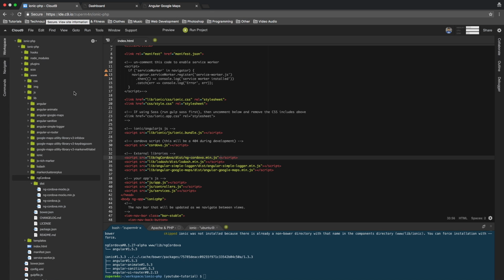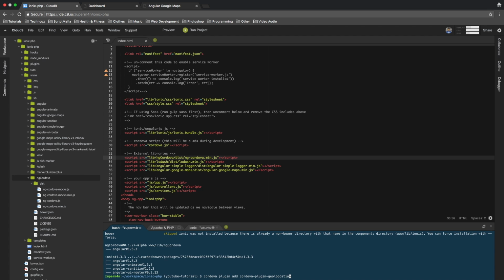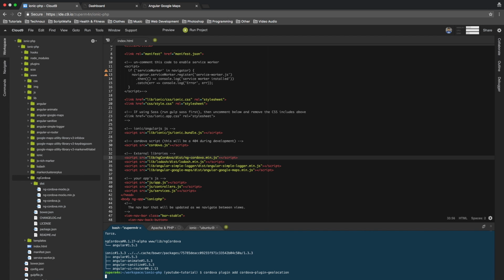So there's one more plugin that we need to install, and to do that we're just going to use Cordova to install it, and we'll do that by typing in cordova plugin add cordova-plugin-geolocation, and just make sure we've spelt it correctly, and then hit enter. And that's the plugin installed to allow us to access the GPS module on the device that our application will